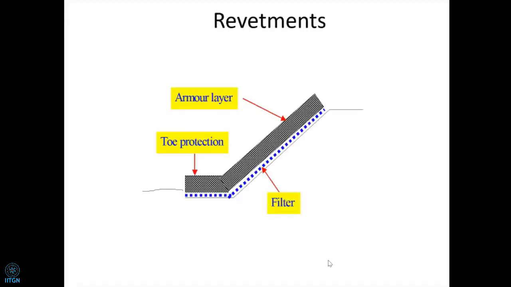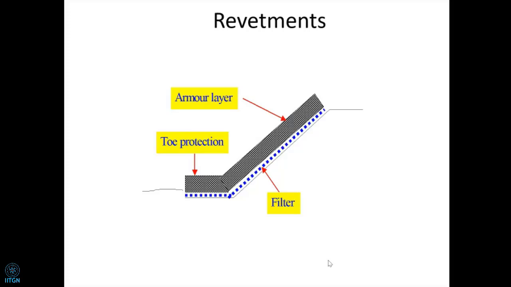Now, to make this protection, what we would require, it is simple. Conceptually, if you look at it, you require basically a filter. Why a filter? The water must be able to flow in and out from the river or from the sea into the soil. There is always a bank, there is always a shore. The water should be able to flow in and out. But during the flow in and out, it should not disturb the soil particles or take them away from that. That means erosion is prevented.